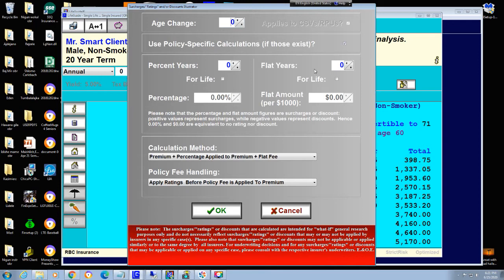Now, the rating can be applied for a certain number of years or for life. So if it's for a certain number of years, we would indicate the number of years here. If it's for life, we'll just check off this box here. Let's say we're going to go for Table B, and let's assume that it's a 50% surcharge, so we'll put the 50% in here,